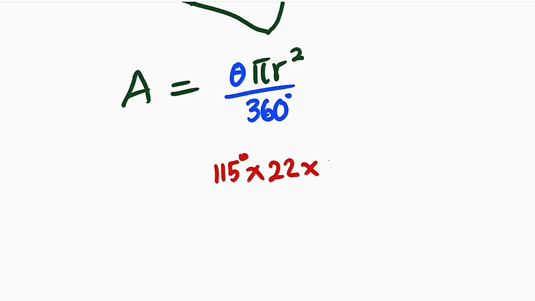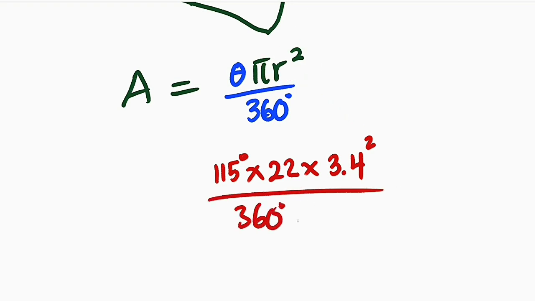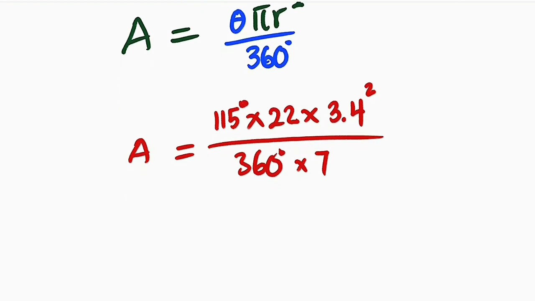Remember, our radius is 3.4 squared because this is r squared, right? So we divide by 360 degrees multiplied by that 7 because we have 22 divided by 7, right? So we simplify and obtain the area of that sector. Let me use my calculator, multiply everything directly. So we have 115 multiplied by 22 multiplied by 3.4 squared. The whole of this divided by 360 times 7. And I have the area to be equal to